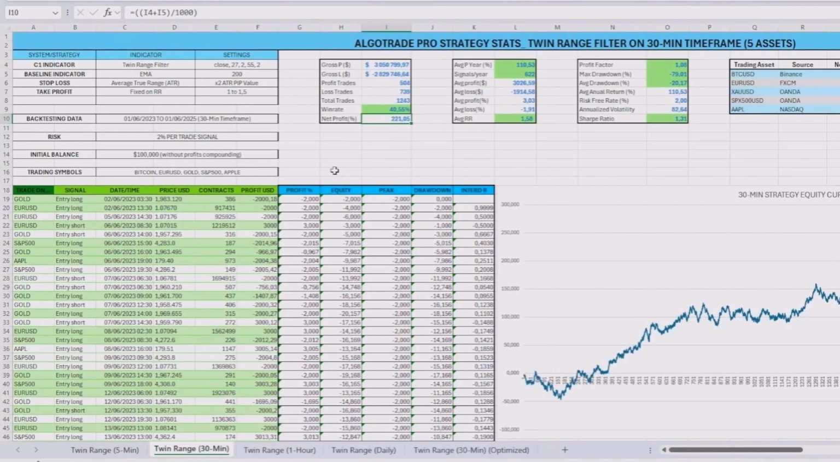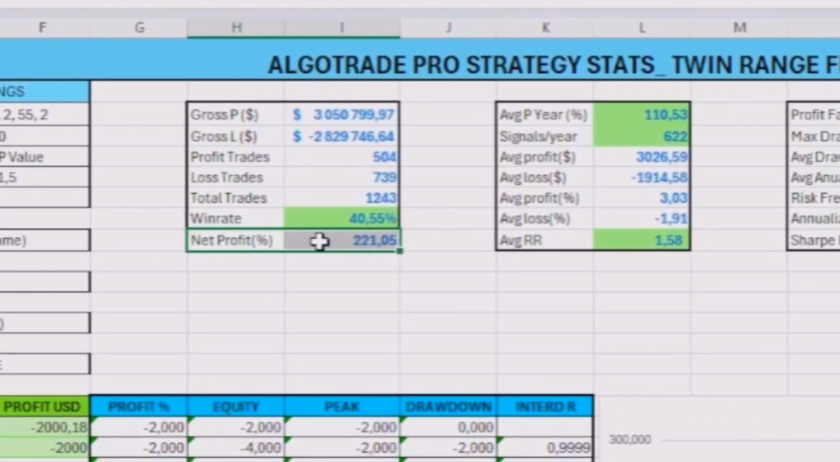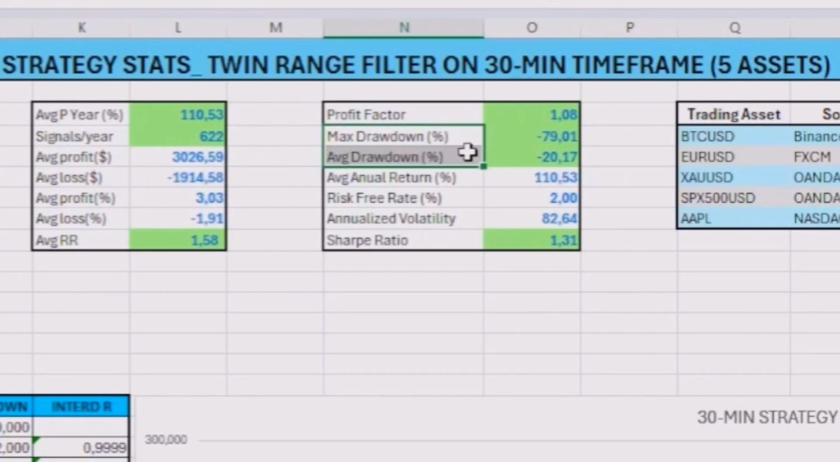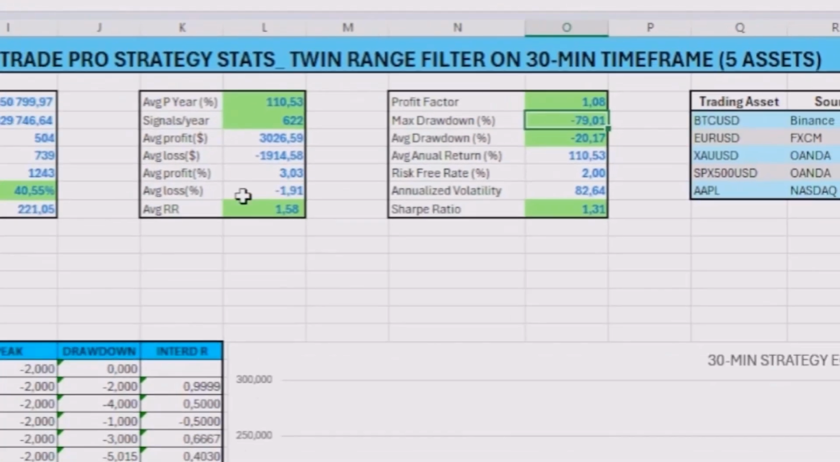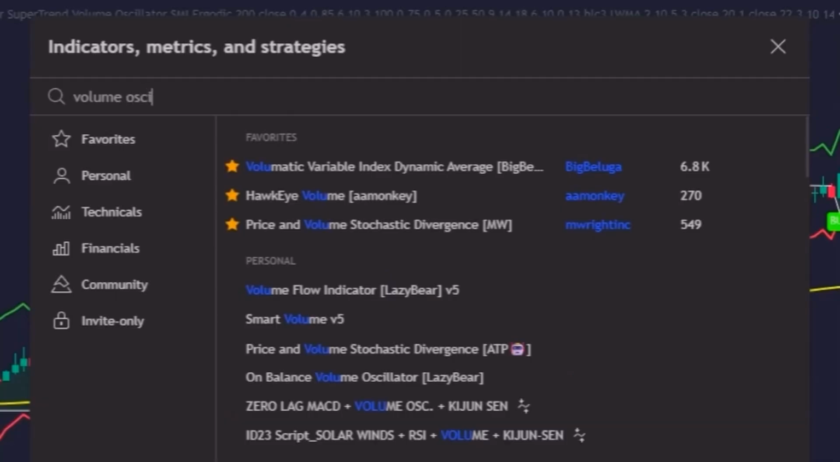So, for this optimization test, I decided to focus on the 30-minute time frame, which had the highest net profit at 221%, but also showed some instability in the form of a 79% max drawdown. So our objective is to keep the strong signals and eliminate the weaker, low-quality entries. To do that, I added a simple but powerful